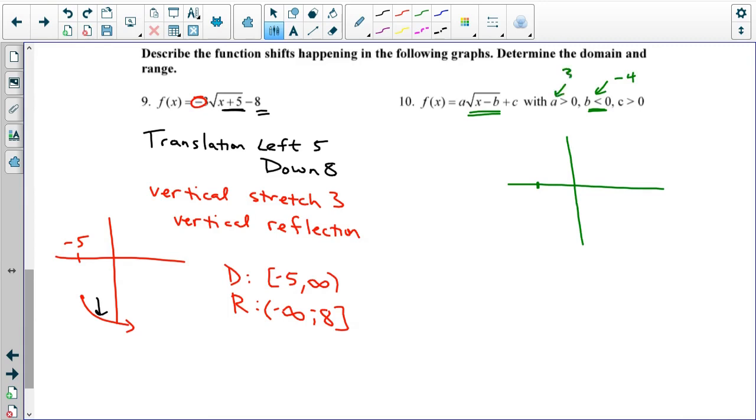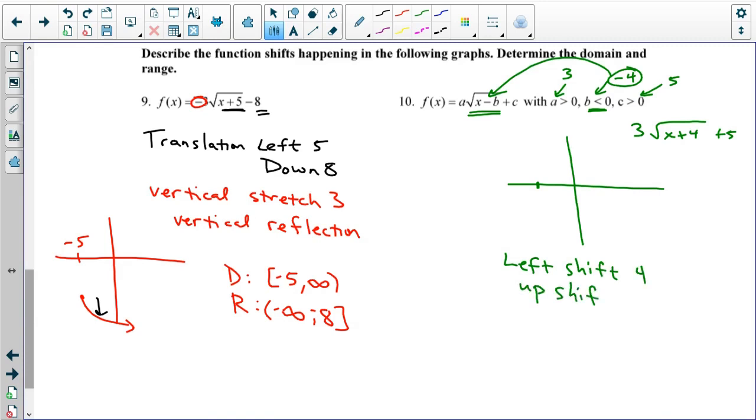I'll make a something like 3 and c something like 5. So I have 3 times the square root of x plus 4, plus 5, because I have a negative number subbed in where I have a negative. So that means this has a left shift of 4, an up translation of 5,